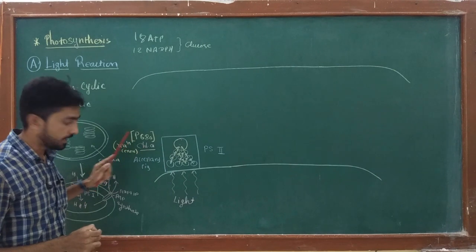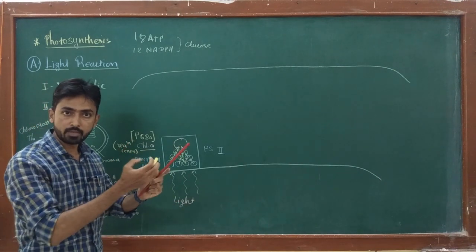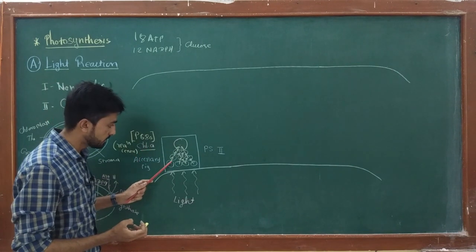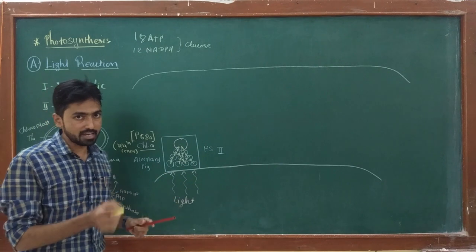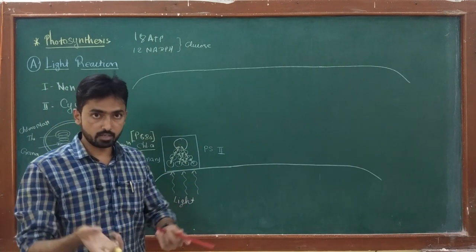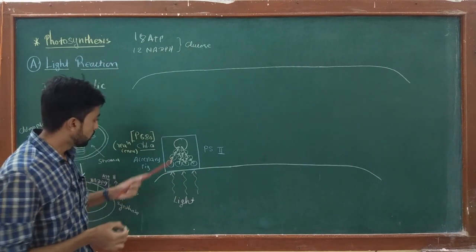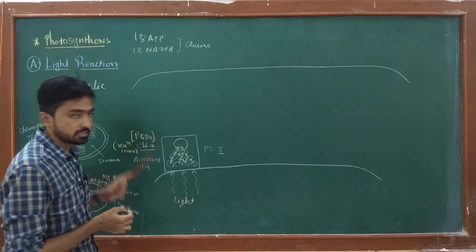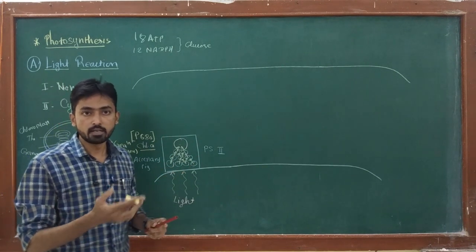The essential pigment is chlorophyll A. The accessory pigments absorb light of different wavelengths and then funnel, or transfer, the light energy to the chlorophyll A pigment. Chlorophyll A of photosystem 2 mainly uses light of 680 wavelength. So we call this chlorophyll A P680, or overall photosystem 2 can be reported as P680,